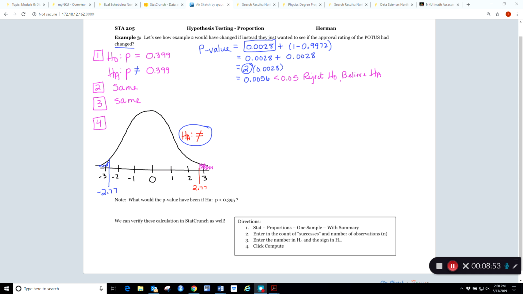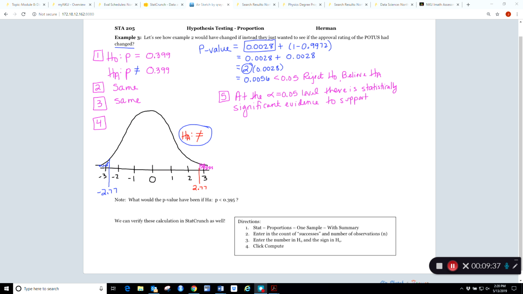And now let's talk about how that interpretation is going to be a tad bit different. The first part is going to be the same, as our alpha was still 5% or 0.05. We rejected, so there is still statistically significant evidence to support